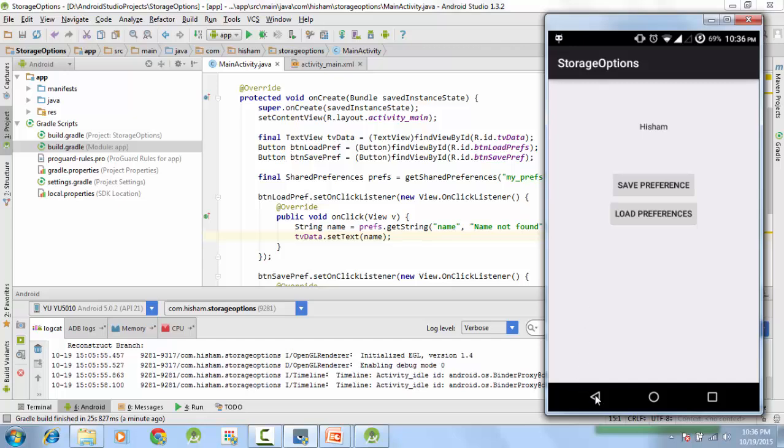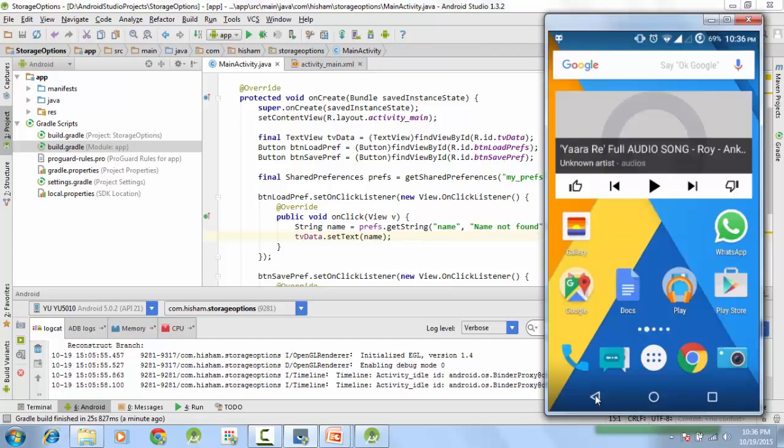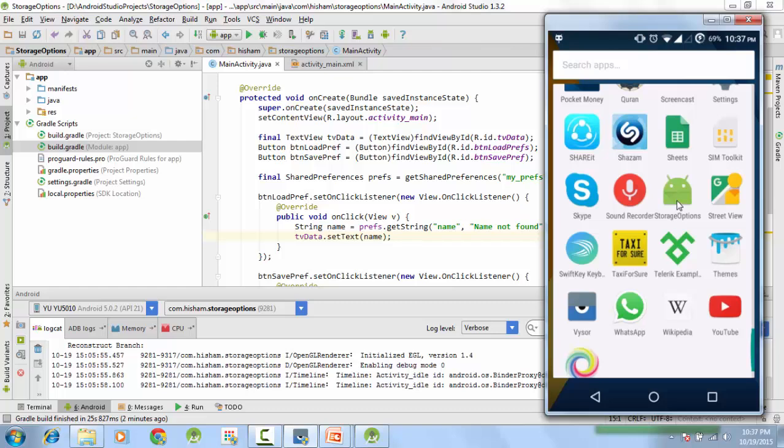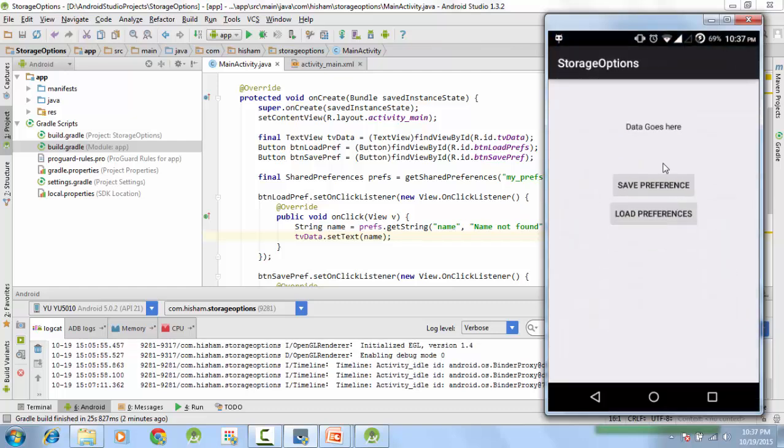Now what happens if I close the application? I have closed it. Now let me reopen it, and this is the application here. If I load the data again, will it give me name not found?